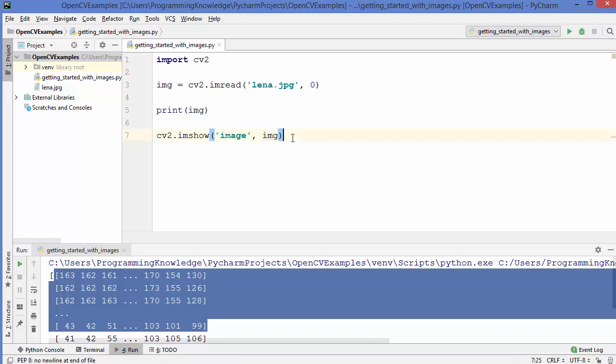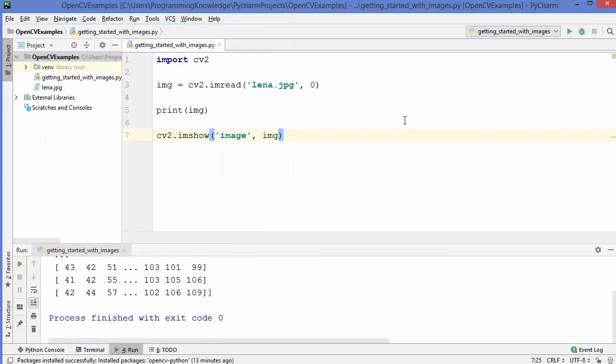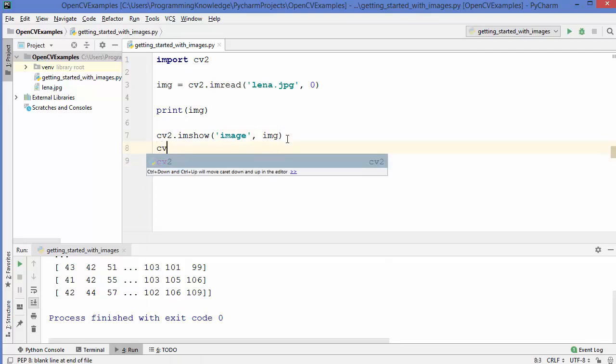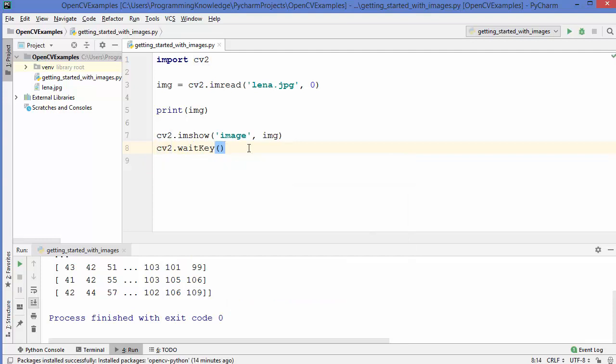So now will it show the image? Let's check. I'm going to run the code once again, and you can see the image is shown for a millisecond and then it disappears. So now we need to add something which will wait before the image disappears. So I'm going to add one more method here, which is cv2.waitKey. This cv2.waitKey is the keyboard binding function, and the argument which it takes is the number of milliseconds for which you want to show your image window. So let's give the value 5000 here, which means we want to show the image for 5 seconds.